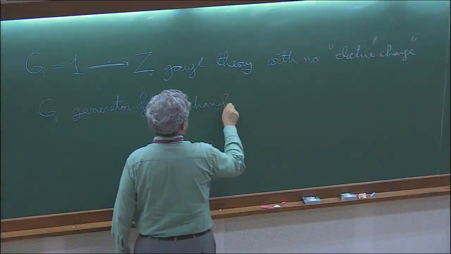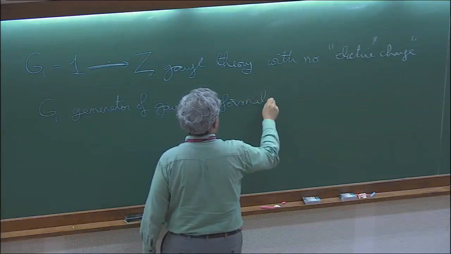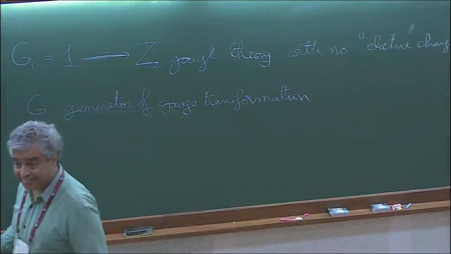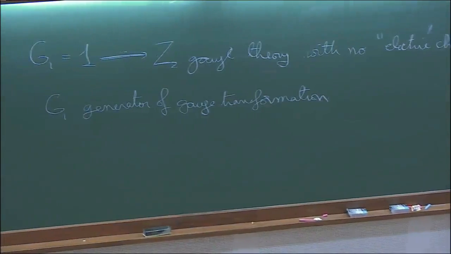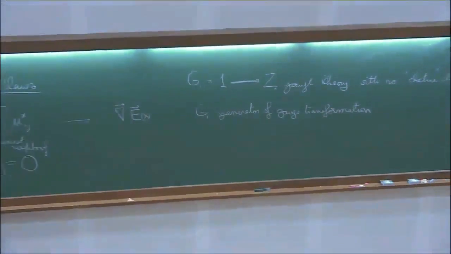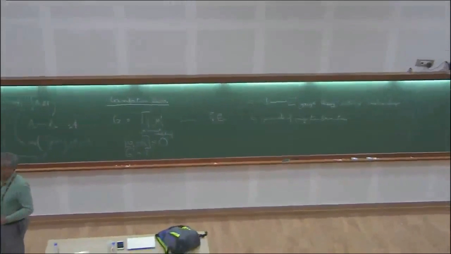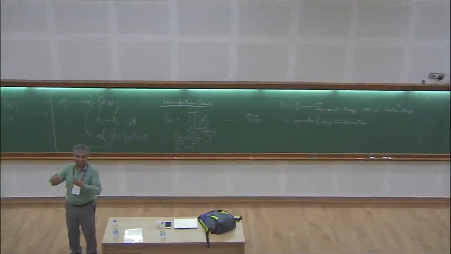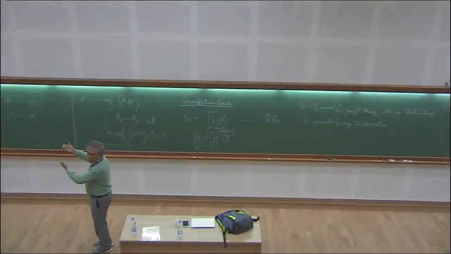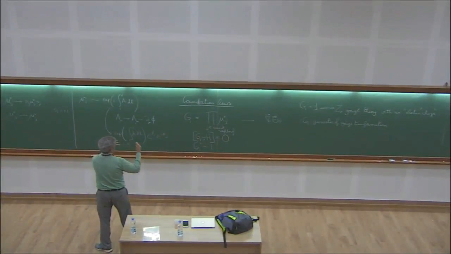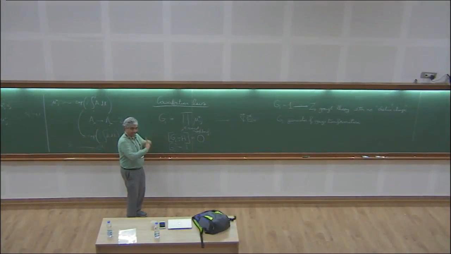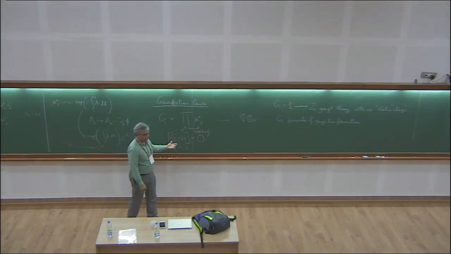This is again something very familiar. Suppose I tell you I have a Hamiltonian that's rotationally invariant. That tells me by Noether's theorem that there's a symmetry, a conserved quantity, which is angular momentum. And you know angular momentum is the generator of rotations. Here I told you the Hamiltonian gauge invariant has an infinite number of symmetries. Here's the operator, and that operator is therefore the generator of that symmetry. So we have to just check that.